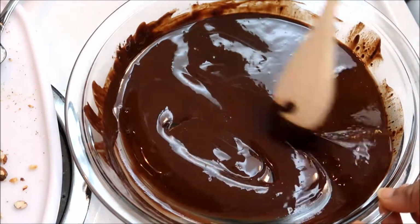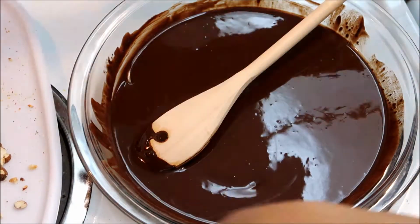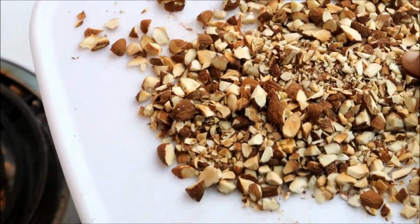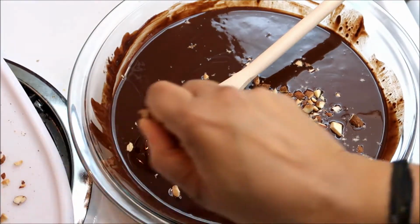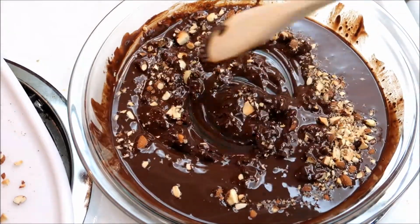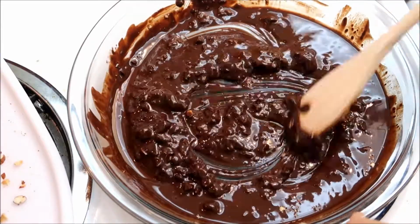Now I'm going to make sure that there are no lumps in it, and go ahead and add in everything else. Now, like you can see, the chopped nuts, I've chopped them finely. Have you guys seen it? Go ahead and mix them. If you like more nutty, you can add more. I'm just going to add this